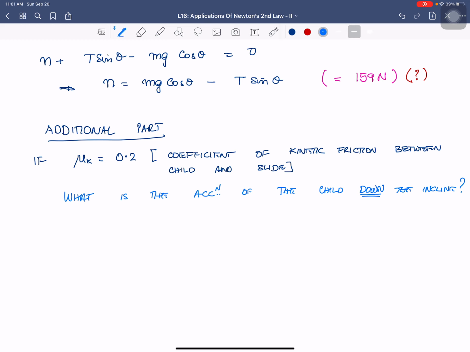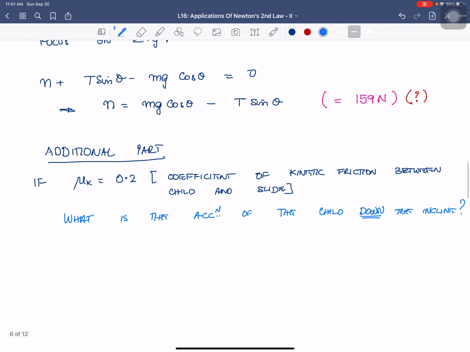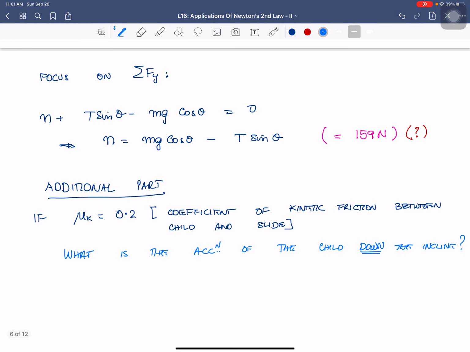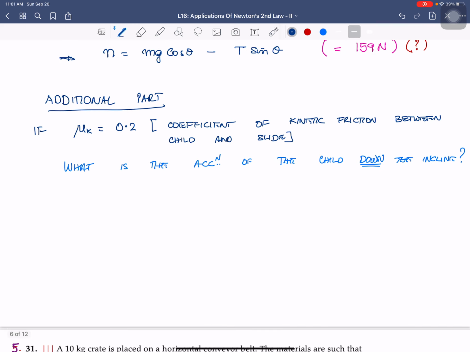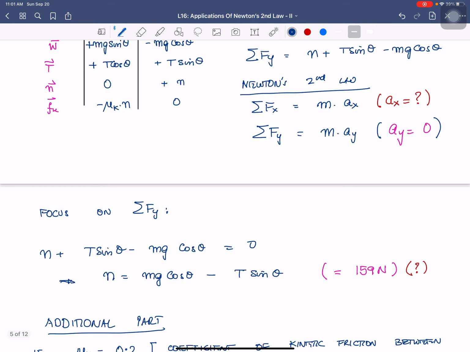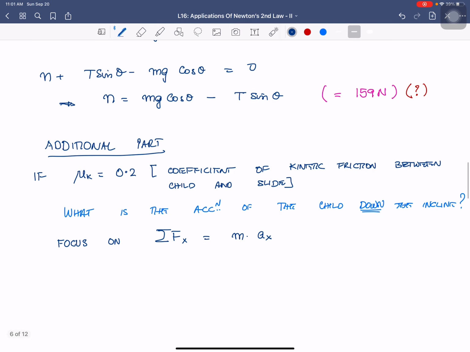Okay, so that is an additional part that could be added. Well, now we just have to focus on the x component of the net force, and we know that the x component of the net force is equal to mass times the x component of the acceleration. And we have the following equation now. We've got T